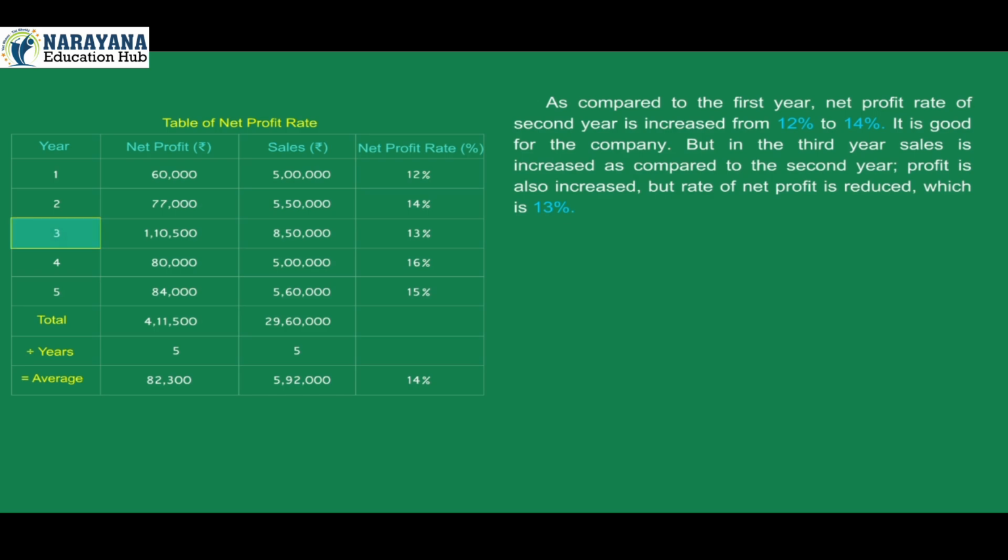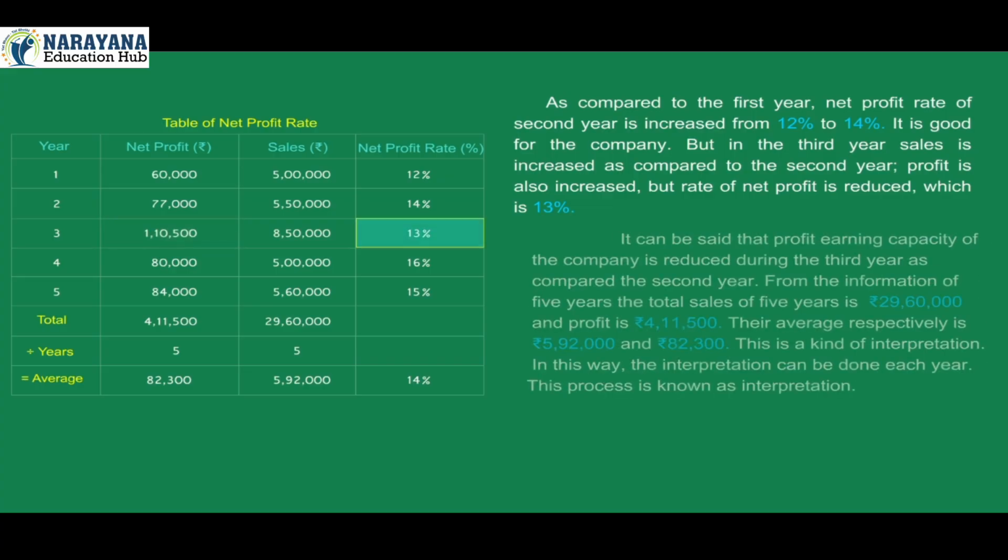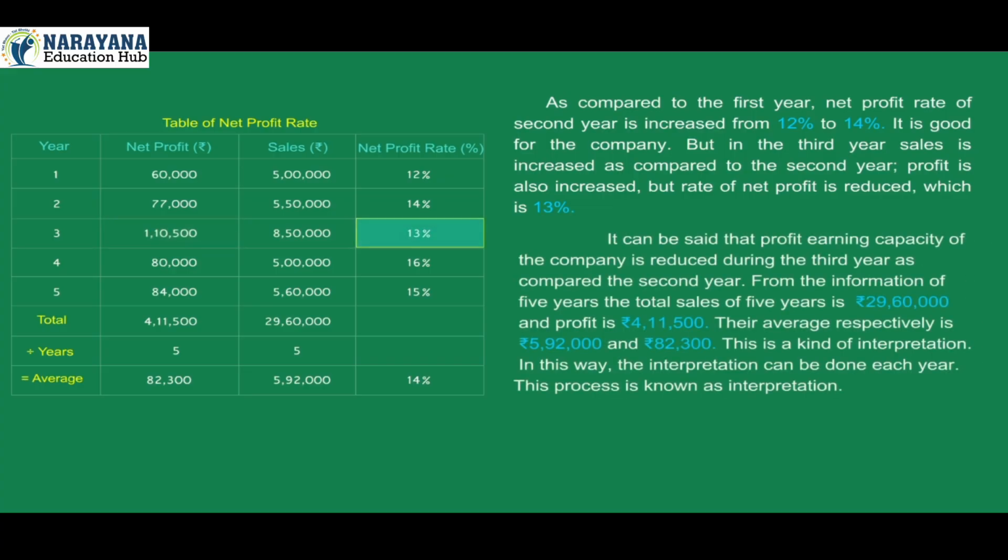But in the third year, sales increased as compared to the second year. Profit also increased, but the rate of net profit reduced, which is 13%. It can be said that profit earning capacity of the company reduced during the third year as compared to the second year. From the information of 5 years, the total sales of 5 years is Rs 29,60,000 and profit is Rs